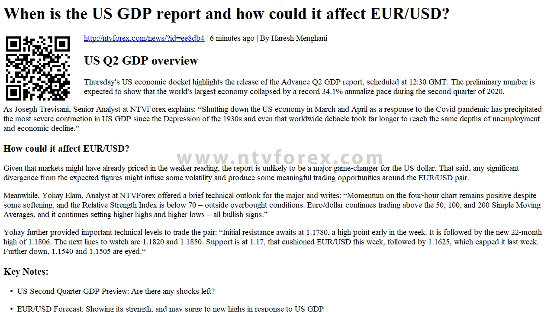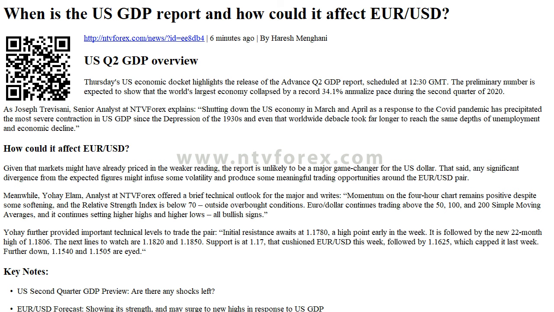How could it affect EUR USD? Given that markets might have already priced in the weaker reading, the report is unlikely to be a major game changer for the US dollar. That said, any significant divergence from the expected figures might infuse some volatility and produce some meaningful trading opportunities around